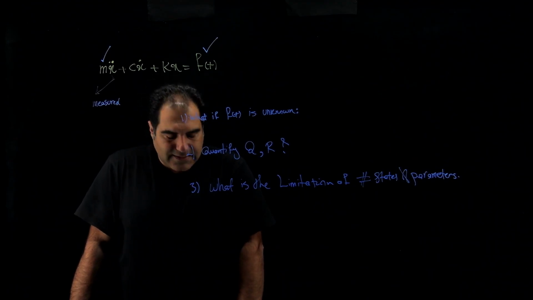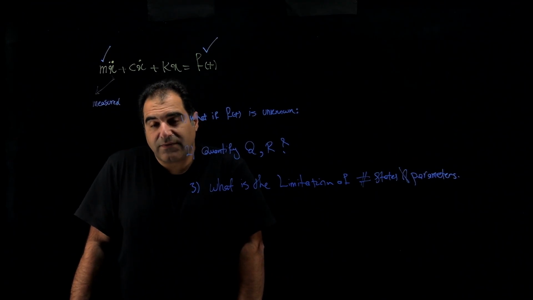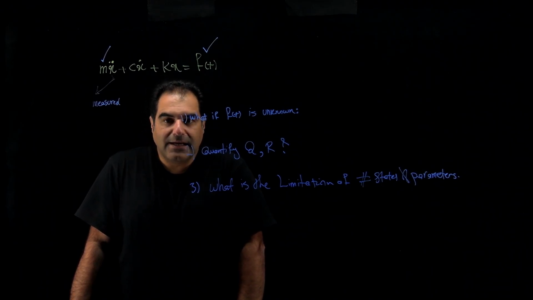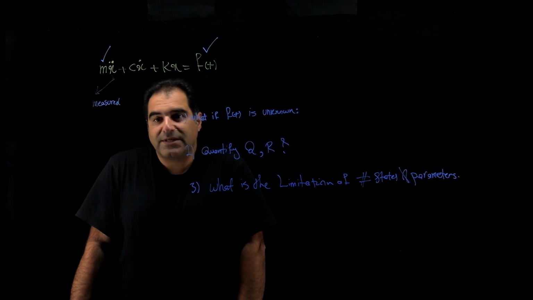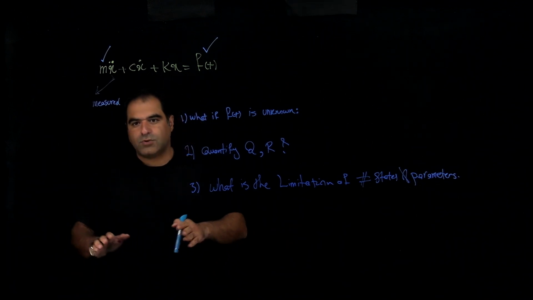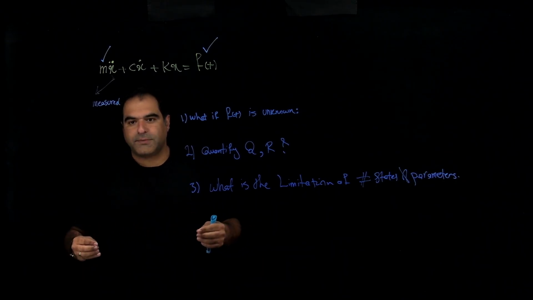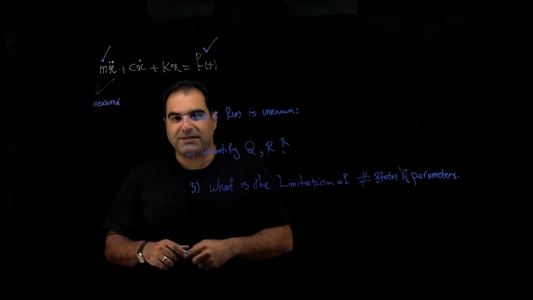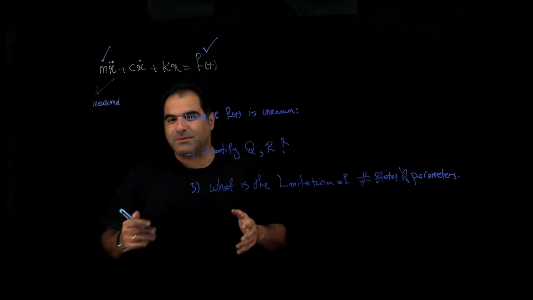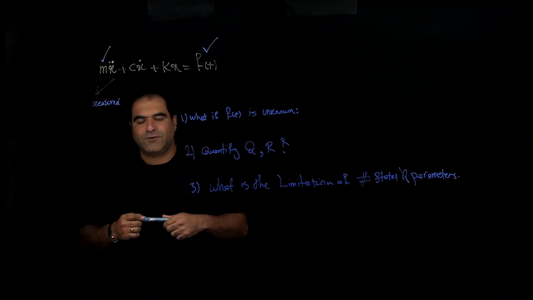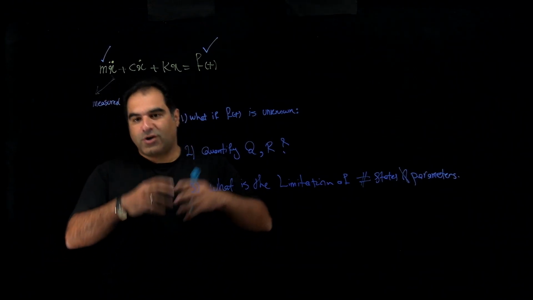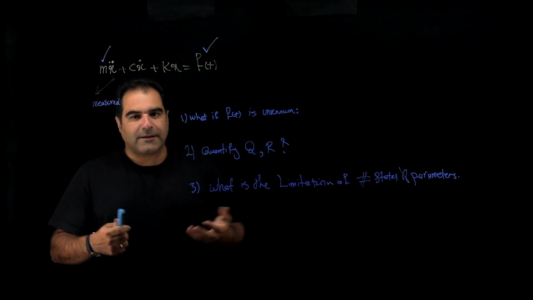As I said, for a linear 1-degree of freedom system, we have 2 states and 2 parameters. Then if we have 10, it means we have 20 states and 20 parameters. If you have a 20-degree of freedom system, we have 40 states and 40 parameters to estimate. I'm telling you, using the unscented Kalman filter, it's really hard to estimate 40 parameters. Then how can we solve this issue? These are some open-ended questions. People are still working on these. And if you are interested in the unscented Kalman filter or in general any type of Kalman filtering technique, you can